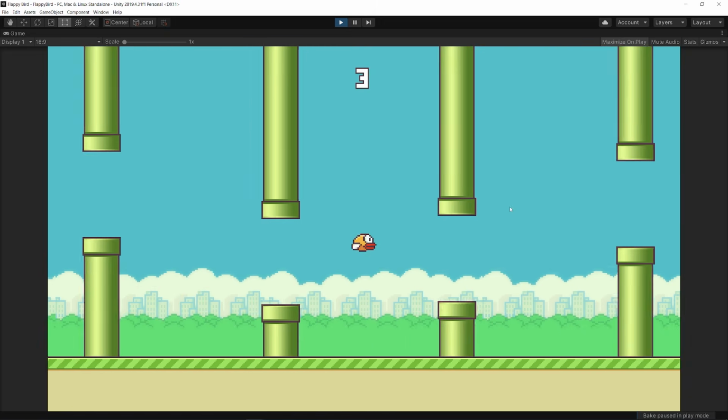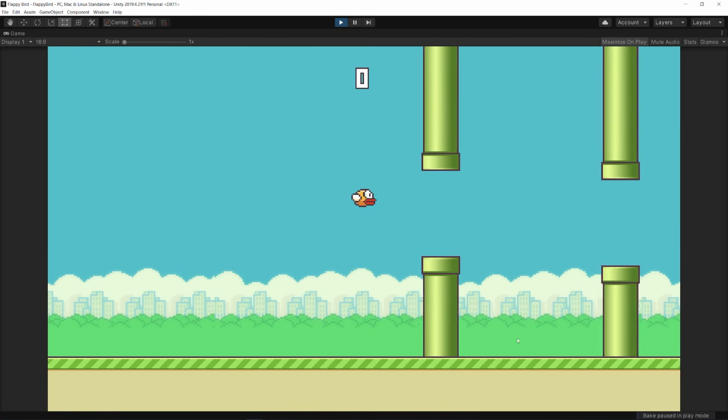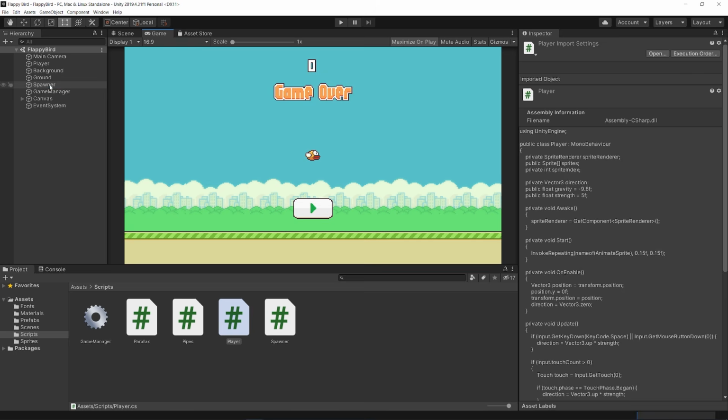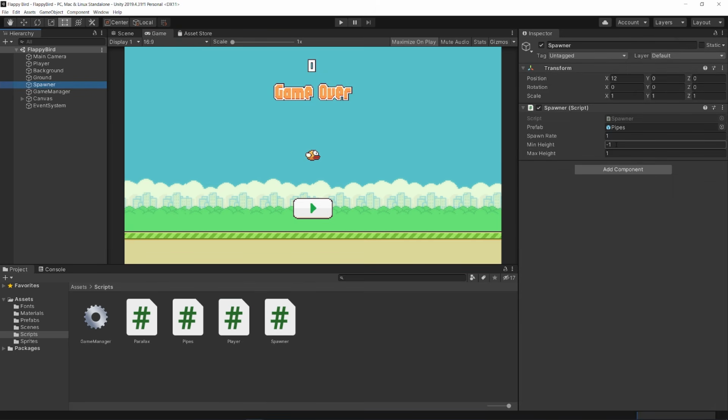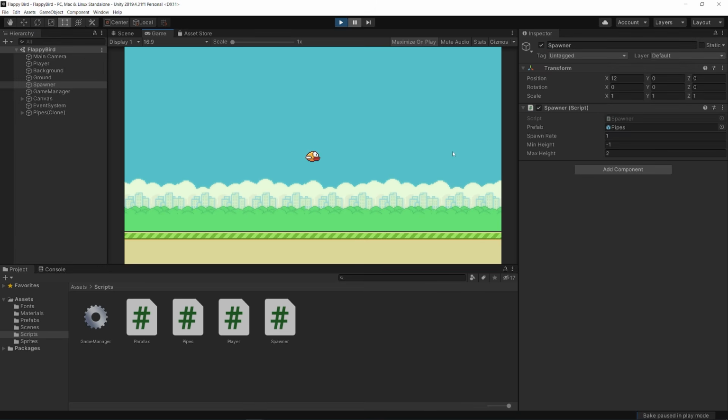The only other thing I noticed, it's not a problem per se, but I noticed that the pipes tend to go more towards the bottom rather than the top. And potentially we want to just adjust the spawn position here. So maybe I want my spawner position to be more one way than the other. But just the way they're spawned, the way they're positioned, you might want to vary this. So potentially we want it to be 2 and -1. It's really up to you. It doesn't matter necessarily. But with the value of 2, it'll allow it to go a little bit higher up